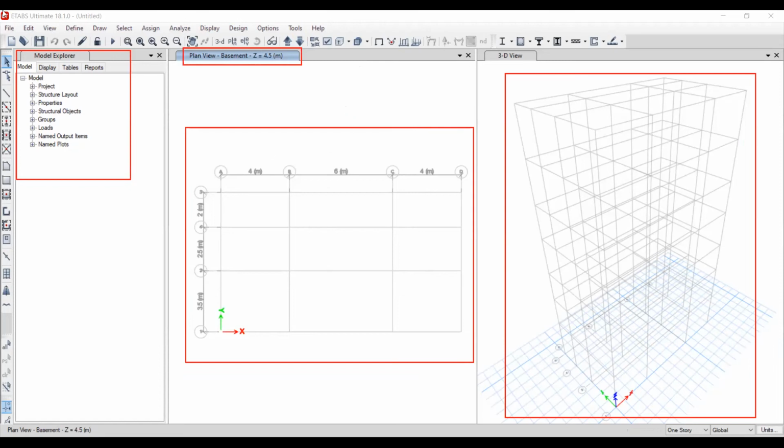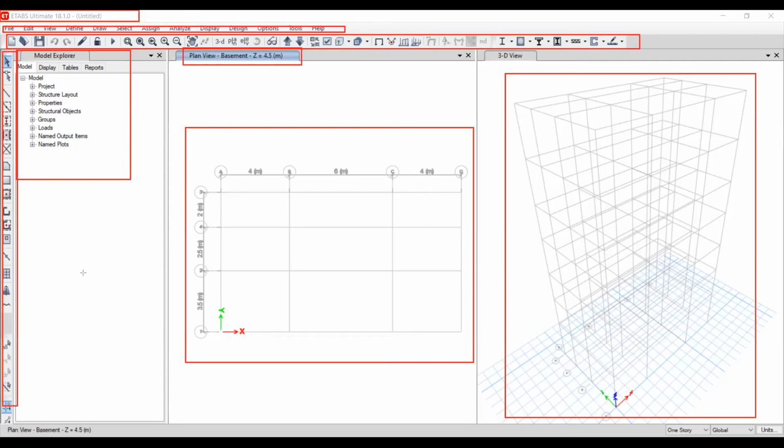So now we can see, before, this is the title bar. Now everything is active. The quick standard tool is active. The drawing tool bar is active. So everything now is active. And now you can see three windows: 3D, plan, and model explorer. So if I want to define one by one, this one could be,